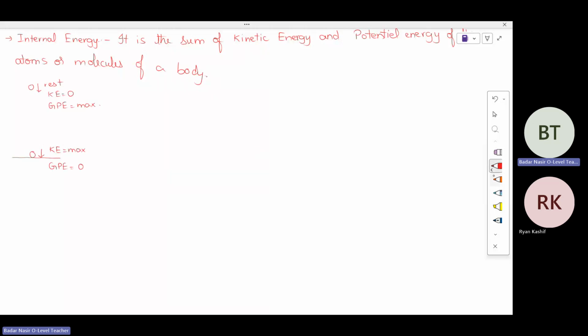So let's say if I have to sketch the graph of gravitational potential energy on the y-axis against time on the x-axis. So beta, when time is 0, the gravitational potential energy was maximum, it adopts a quadratic path, and this is how